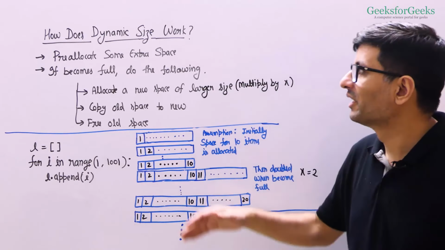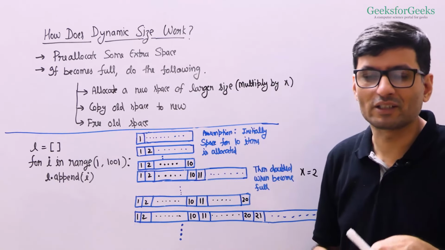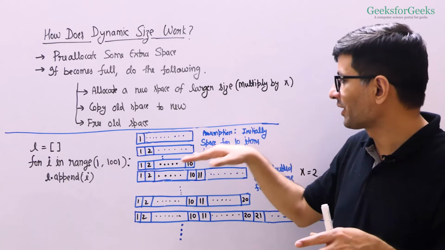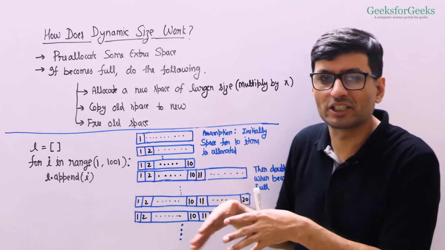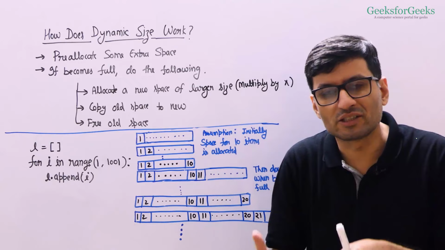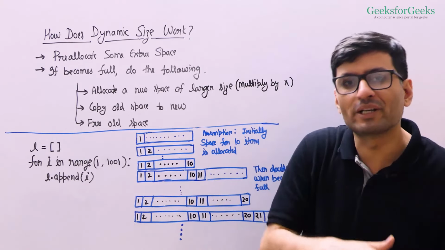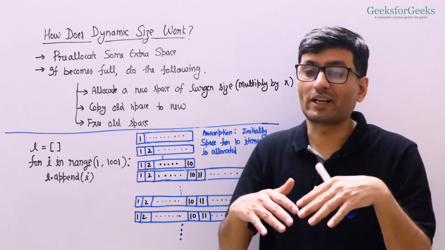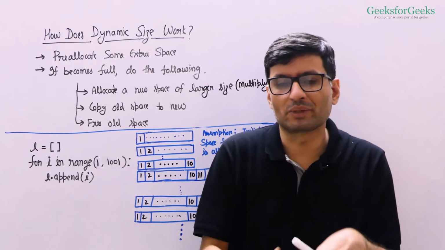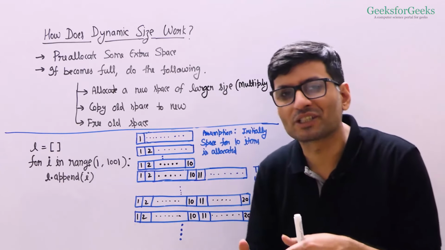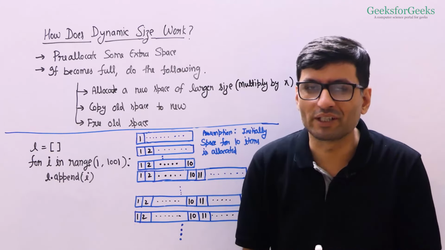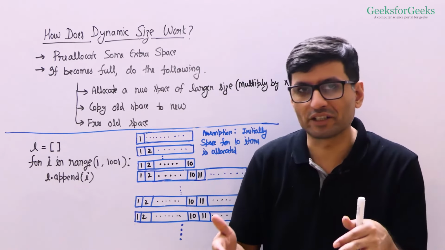That's the simple idea. So we pre-allocate some space. Say for example, we allocate a space for 10 elements initially. See, the implementations may vary from different versions of Python or different implementations of Python, and in different programming languages also. But the concept is general. So I'm assuming here some numbers which are not implementation specific. I'm just giving you an idea.